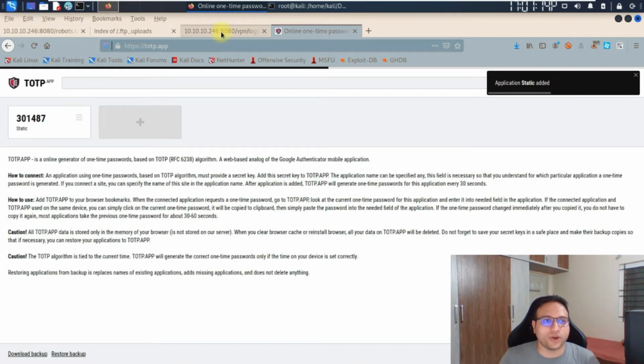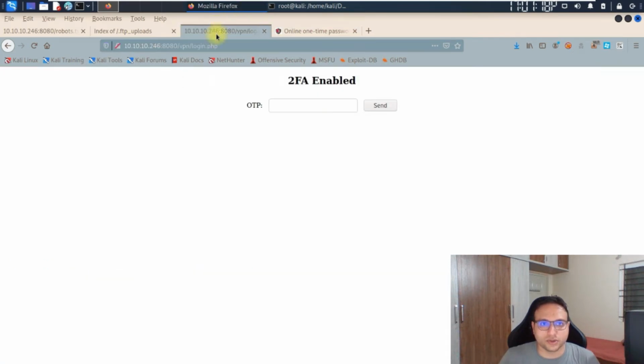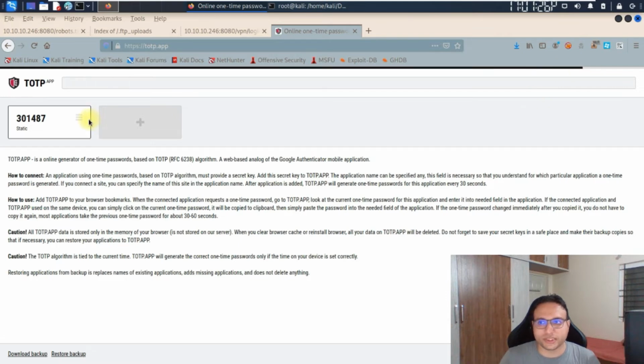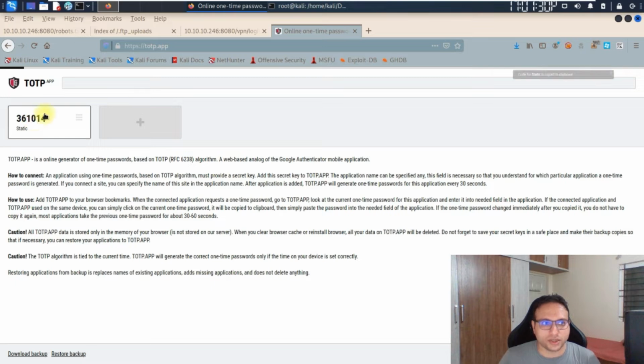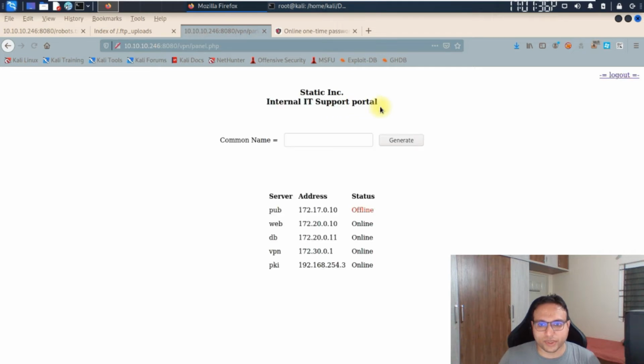Now we click on this, go to this section and paste it. It will redirect to the admin page once again. Now we'll wait for a couple of seconds. Once it has refreshed the OTP, we'll use that OTP. Now we'll go once again, click on username and password, click over here, and we can go inside of it. So you can see this is the appropriate process by which you can get inside this IT support portal.